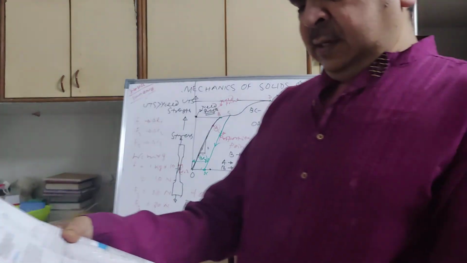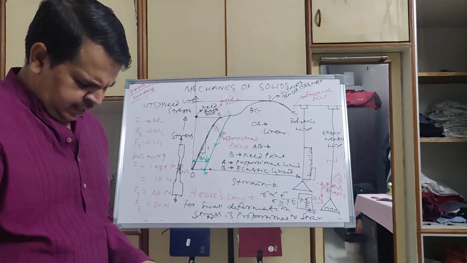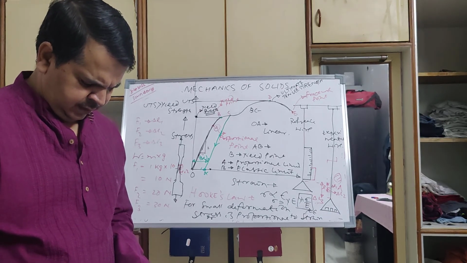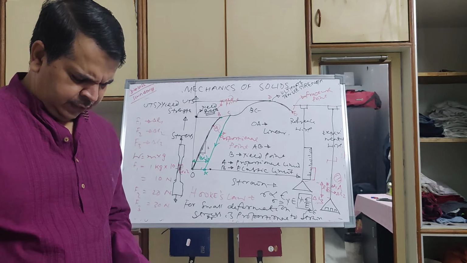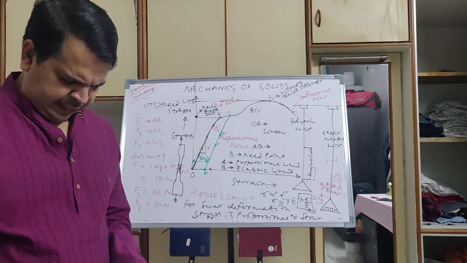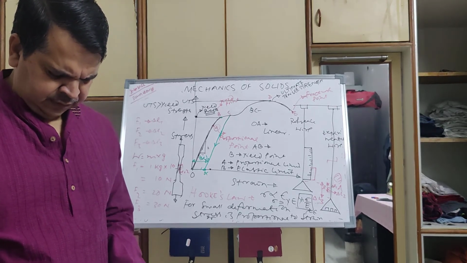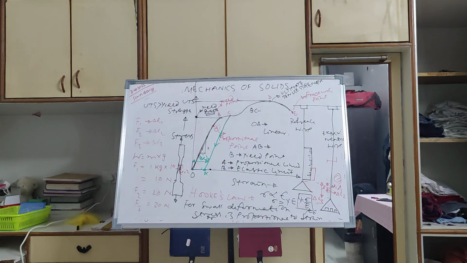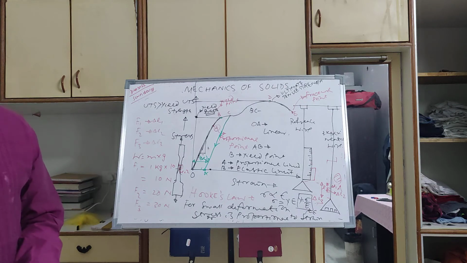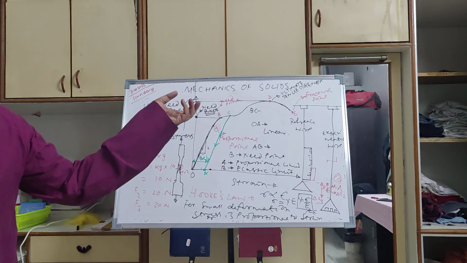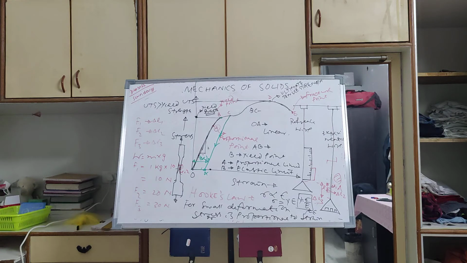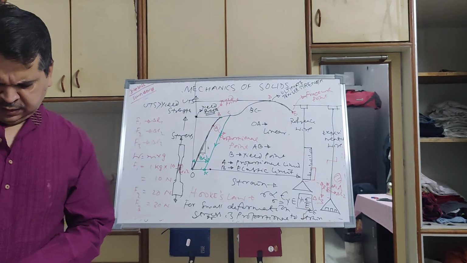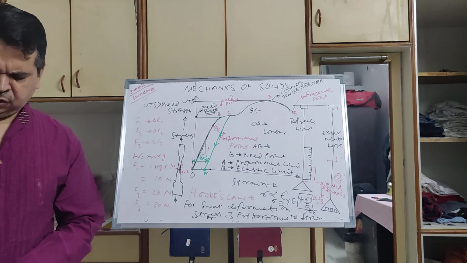The stress strain behavior varies from material to material. For example, rubber can be pulled to several times its original length. Steel is less ductile than aluminum. Aluminum is more ductile. Rubber is still more ductile. You can pull rubber to any extent, it will not break. So it is a very ductile material, and steel returns to its original shape.